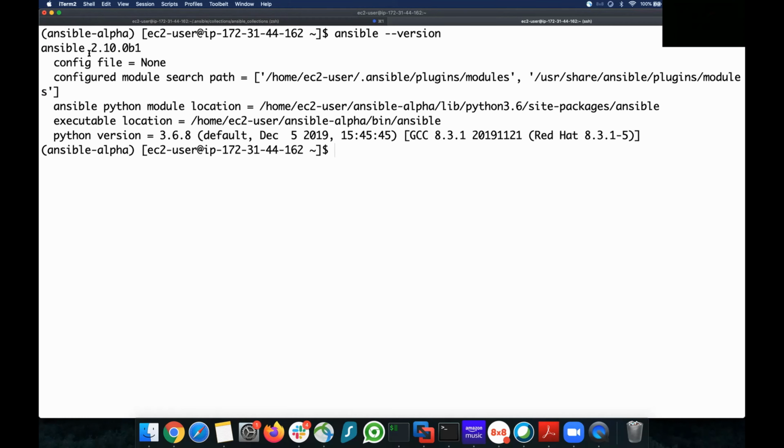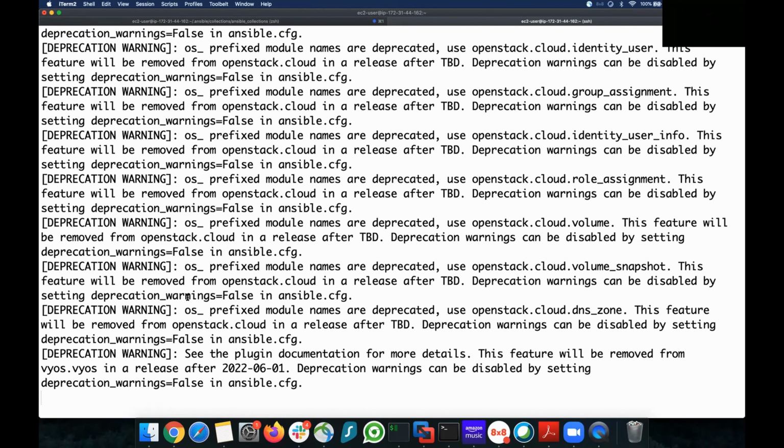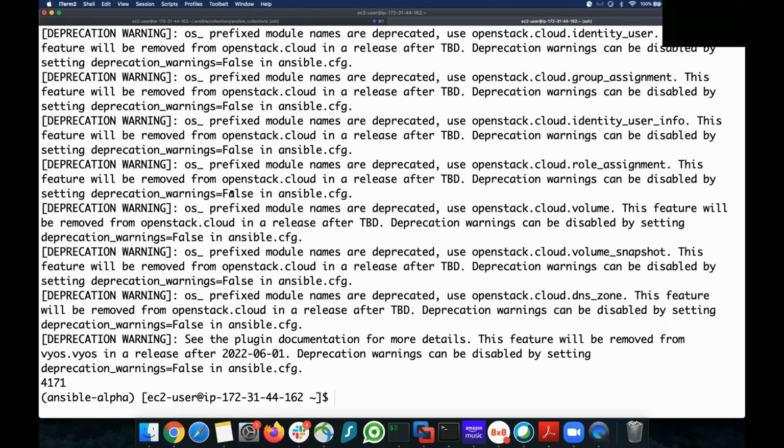You will see the same version number in the output, but if you type ansible-doc -l and let's say wc -l, you can ignore this deprecation warning. It's just from OpenStack modules. But if you see the module count, it's 4,000 plus.